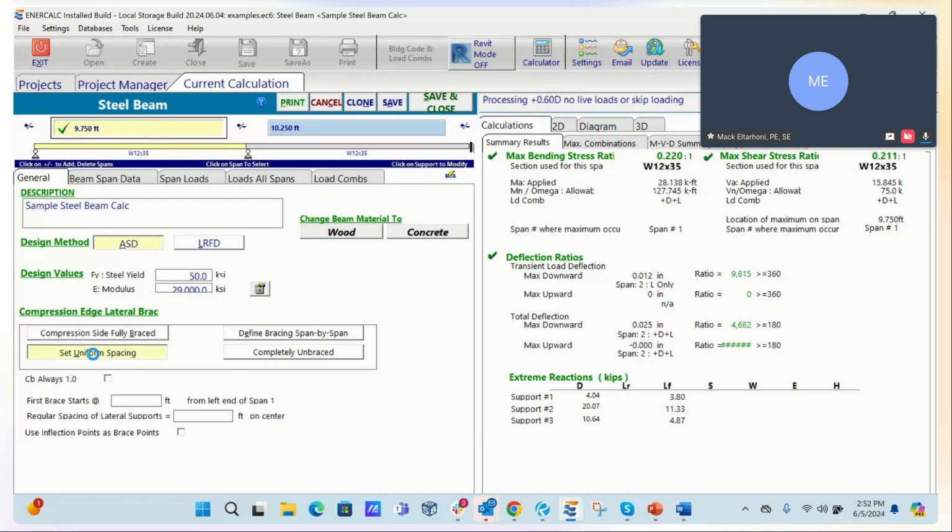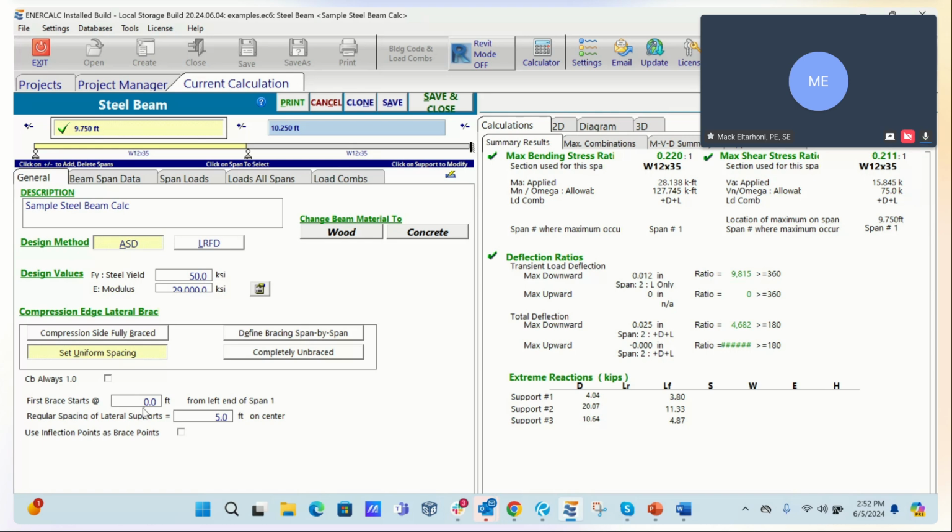Then I'll have to go here and adjust this separately, so it can say that, okay, this is happening at 5 feet. So it's important that as you're working on your design, if you know that your top flange is the compression flange, then you apply the bracing that's appropriate to that. If you know that the compression flange is going to be the bottom flange, aka having some sort of an uplift case, for example, then you need to make sure that you put the actual bracing spacing that you have for that bottom flange, which is the compression flange in this case.